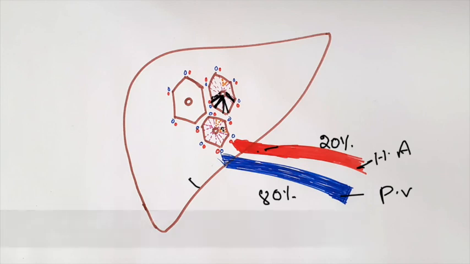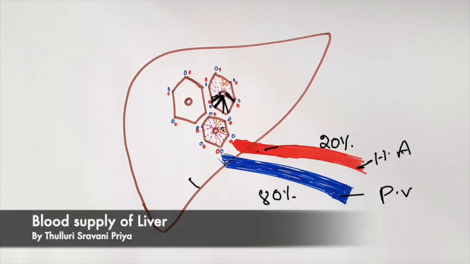Another clinical aspect is Morrison's pouch. I have given a small idea about it in a previous video. Morrison's pouch is nothing but the hepatorenal pouch. It is a space located on the visceral surface, where we see the right kidney relation. Between the right kidney and the liver, there is a peritoneal reflection, which is a space known as Morrison's pouch. During surgeries, like gallbladder surgeries, there can be accumulation of blood or pus. In that case, doctors insert a drainage tube there to collect all that pus and blood.